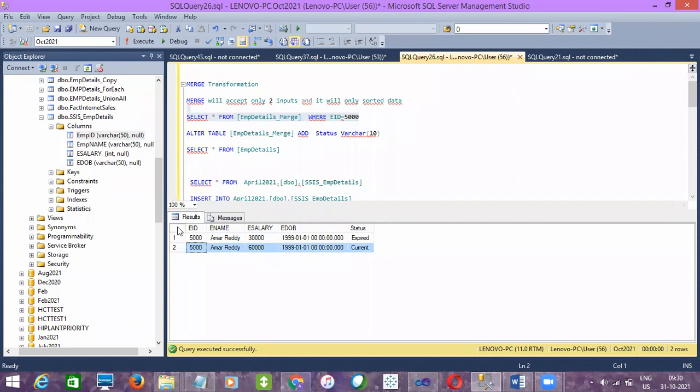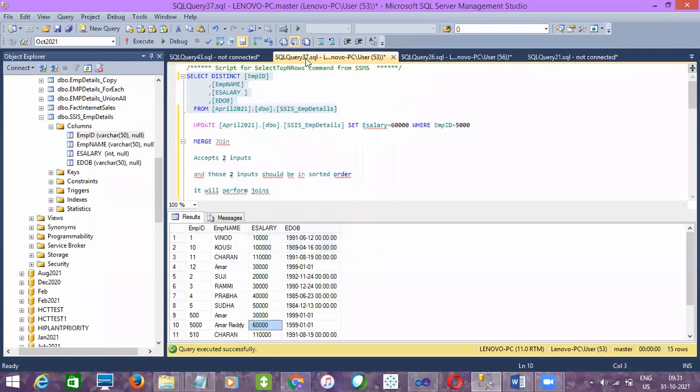So for multiple employee IDs, if we want to see the changes, we need to update the status in the source. Then you can run it. If you want, say 100 employee IDs, it will change their salaries. Yes. Maybe let me change it to multiple employee IDs. I'll just change the salary to 55,000. I think there is no 55,000 in the source.